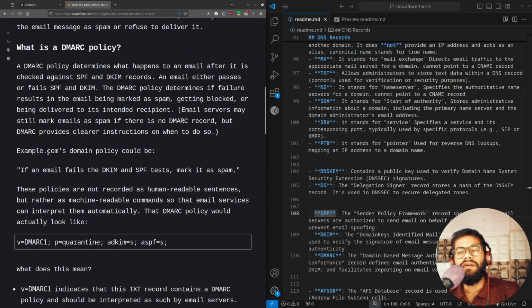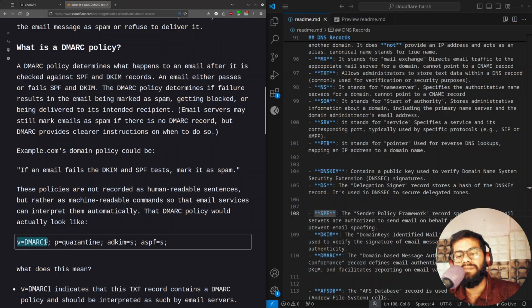The example.com domain policy could be: if an email fails the DKIM and SPF test, mark it as spam. These policies are not recorded as human-readable sentences, but rather as machine-readable commands so that the email service can interpret them automatically. That DMARC policy would look like: